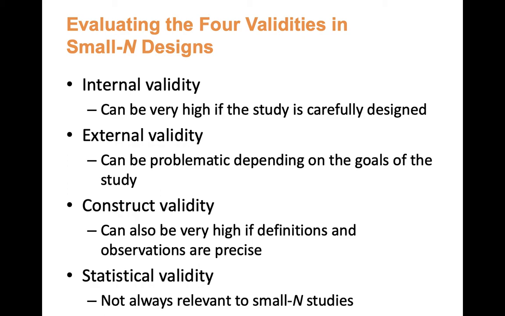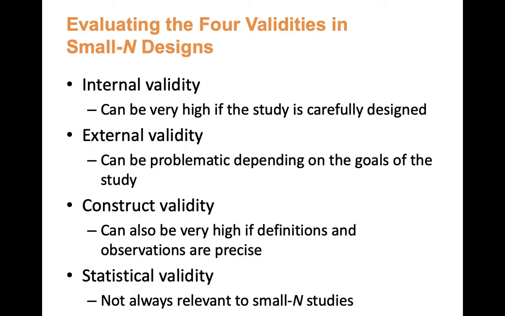So for instance, the researchers that studied HM compared his results to subsequent research on people without brain damage. So we can use those small n designs or case studies, and the results can be compared to others, and that helps us understand the extent to which the same findings are obtained and the extent to which